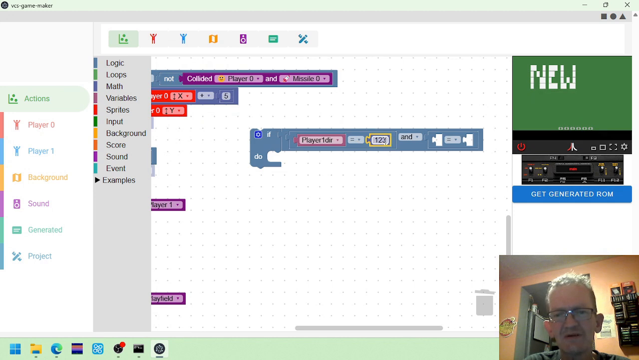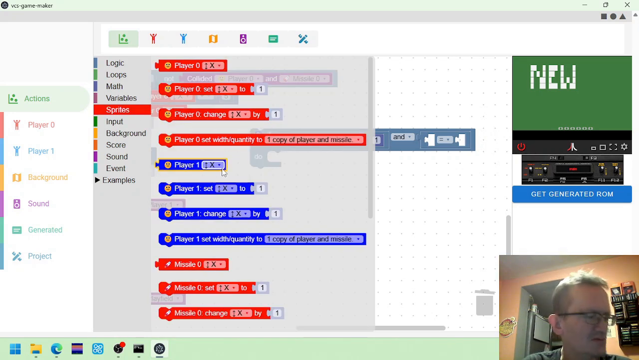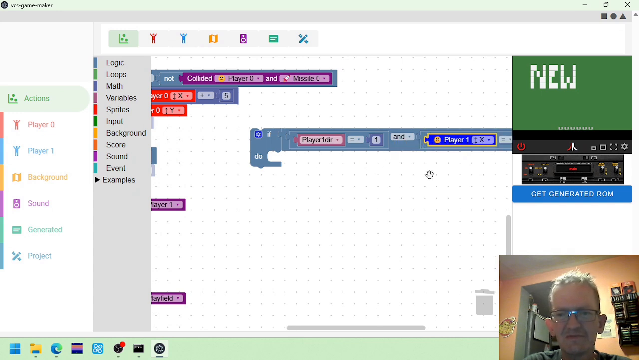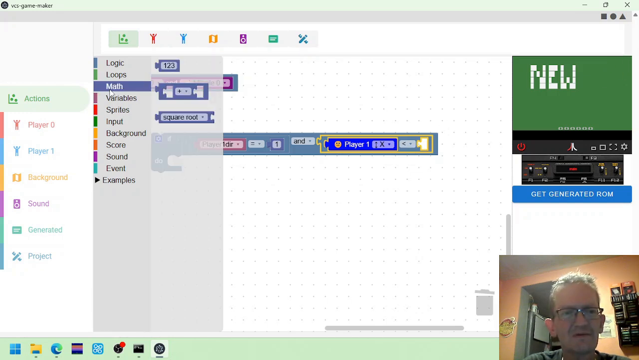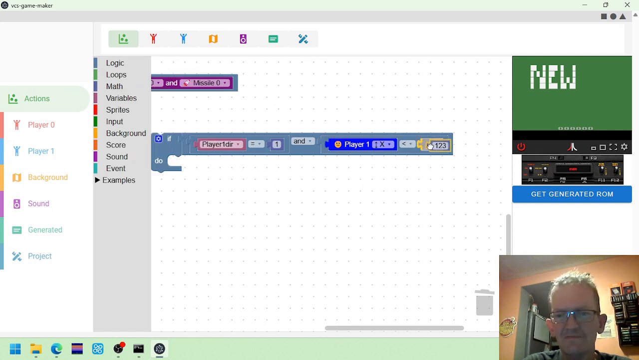So if player one direction equals 1 and player one X position is less than 130, which is to the right of the screen, that's our conditions. So if player one direction is 1 or right and player one's X position is less than 130, then what we're going to do is